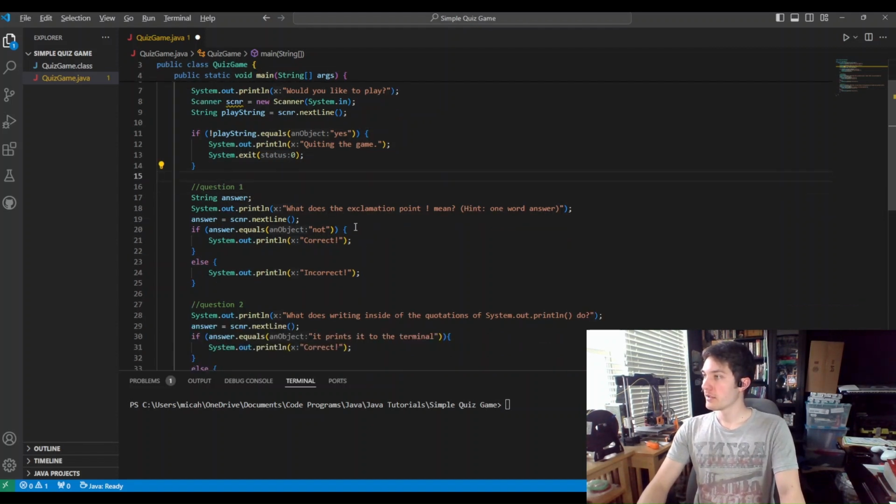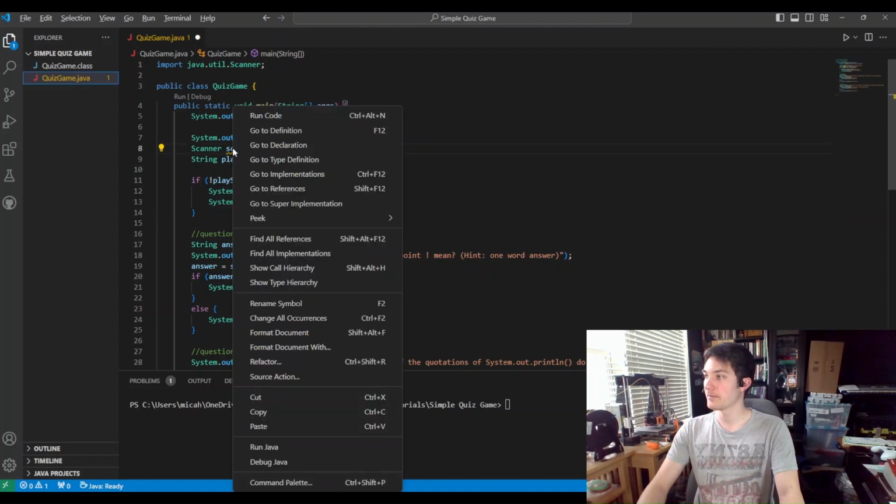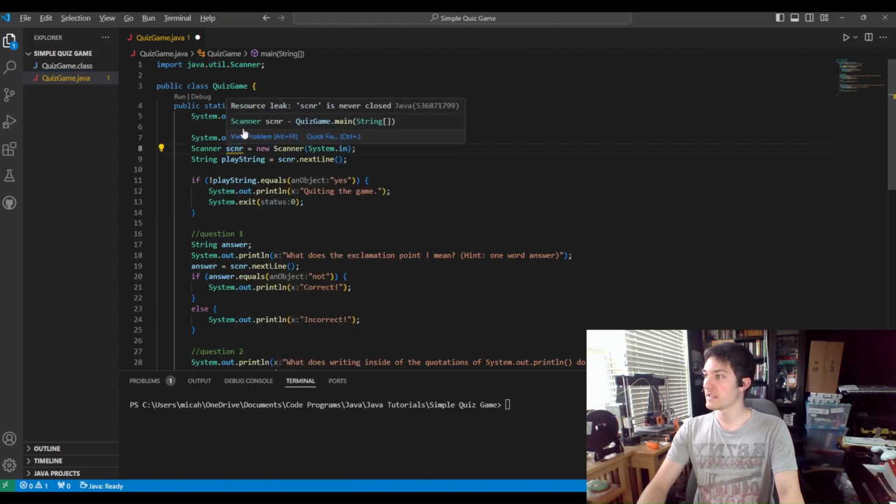So you'll see that there's this little squiggly yellow line underneath the scanner object, the scnr. If you look at the problem, you'll see a bunch of stuff, and none of it really makes sense. But when you hover over it, you can see that there's this thing called resource leak: scnr is never closed, and that is